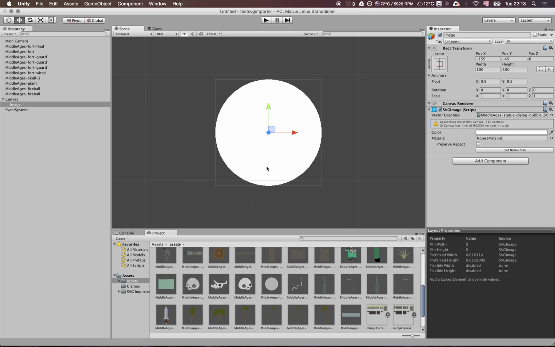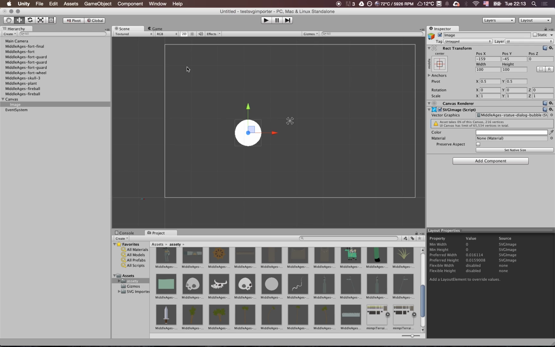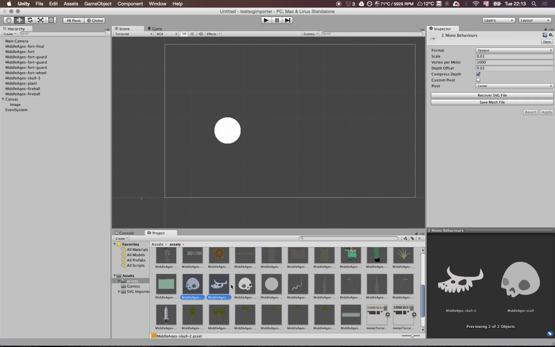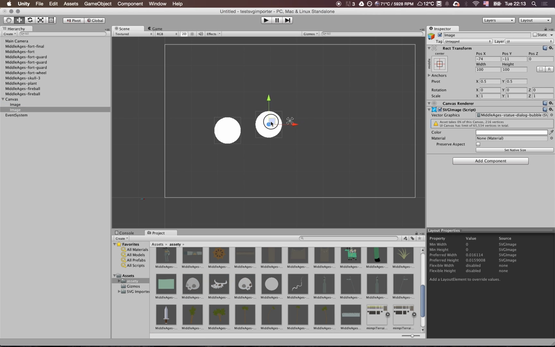And as you can see, now it's part of the UI canvas. And I can do another assets and change them to the UGUI, and I can duplicate the image and put